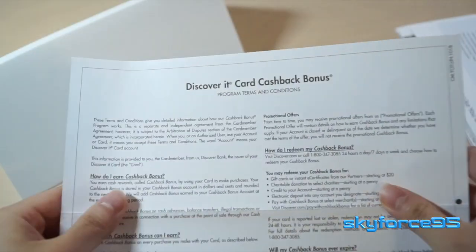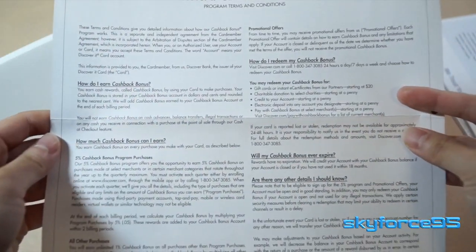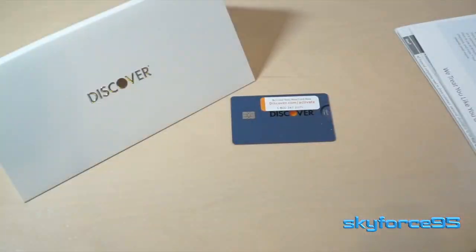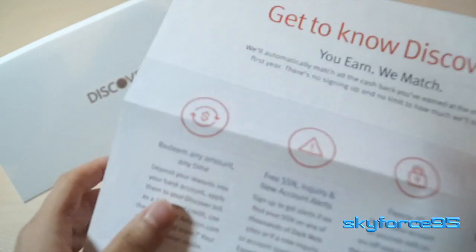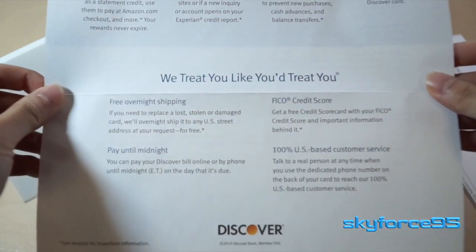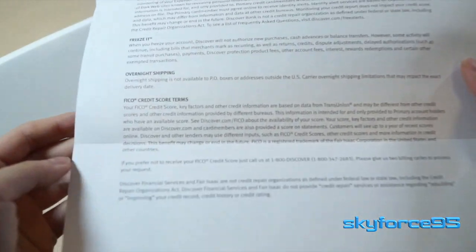The next piece of paper is very generic. It comes with any Discover It card, so it talks about the cashback bonus and how you can redeem it. Best case is, of course, to redeem it directly to your bank account, and then it has a little bit of information about the sign-up bonus, about the matching. As usual, feel free to pause the video if you're interested in reading any of this in detail,